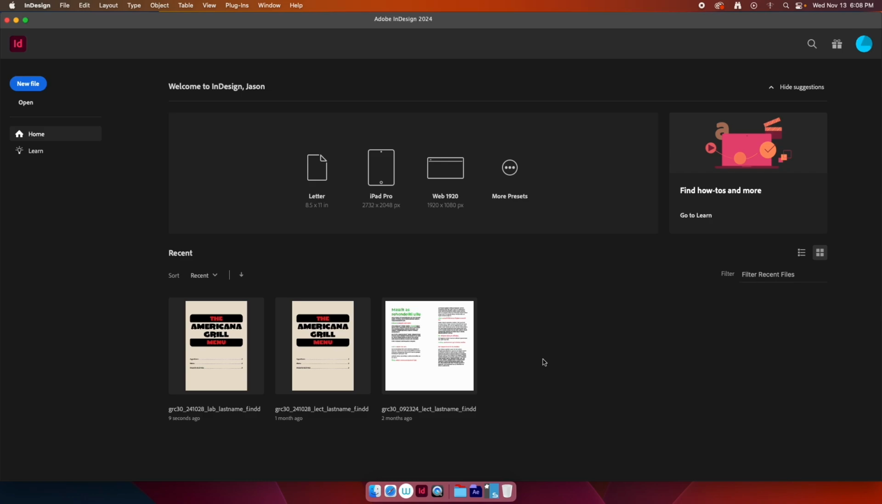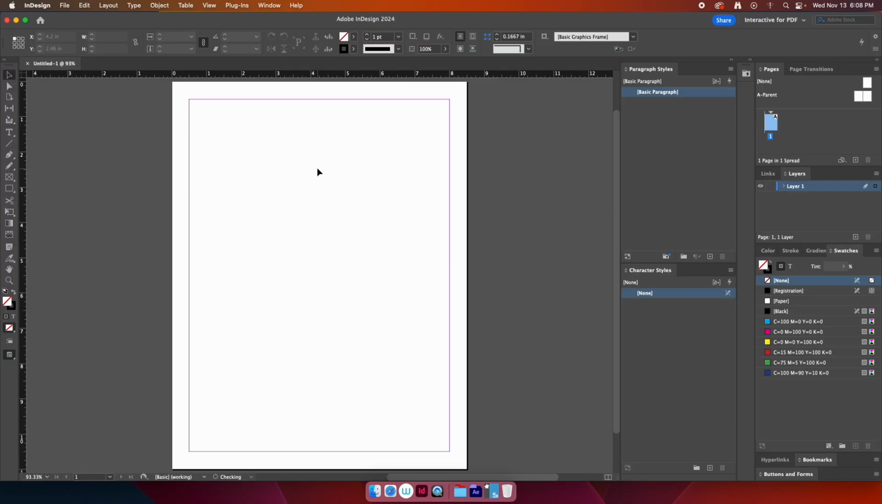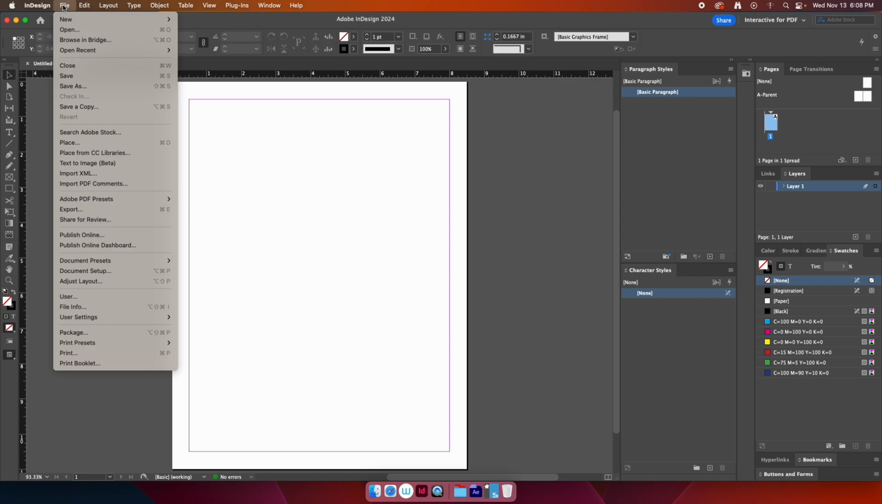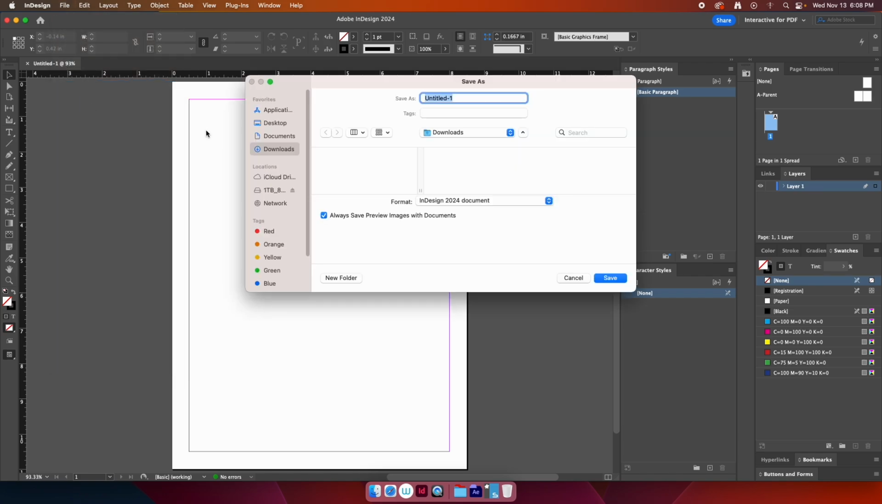InDesign, we're going to just create a letter size page. Defaults are totally fine. And let's immediately save this as